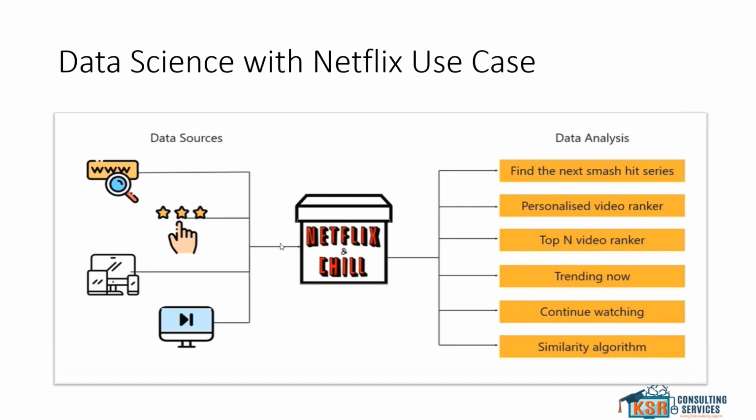Whatever the data sources, Netflix and Chill is the company where they partnered. So they are going to do some data analysis, such as to find the next smash hit series. I think in the year of 2014, if I'm not wrong,